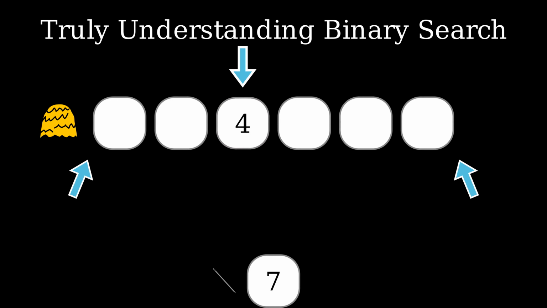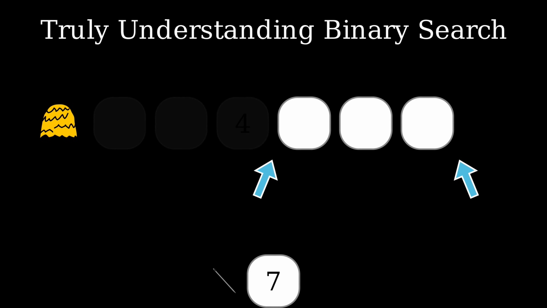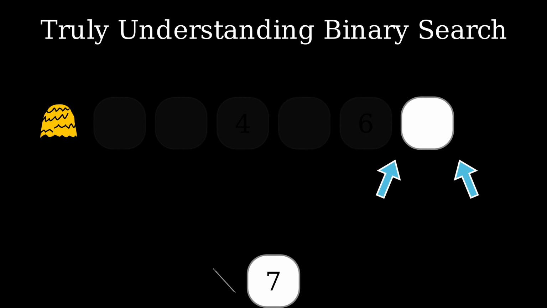It is smaller than the needle, and therefore we restrict the segment of interest to the half on the right-hand side. We compare the needle against the element in the middle of the new segment of interest, which is 6. This element is again smaller than the needle, and therefore we restrict the segment of interest to the half on